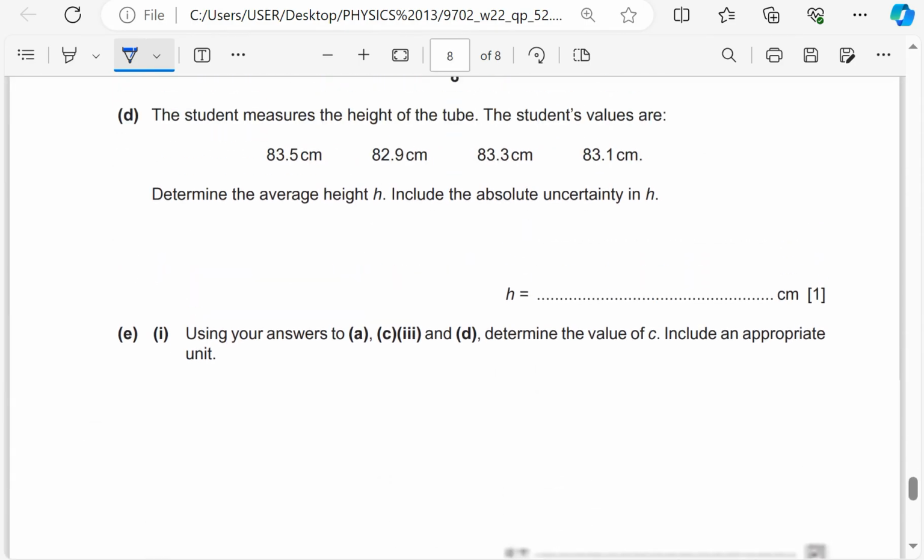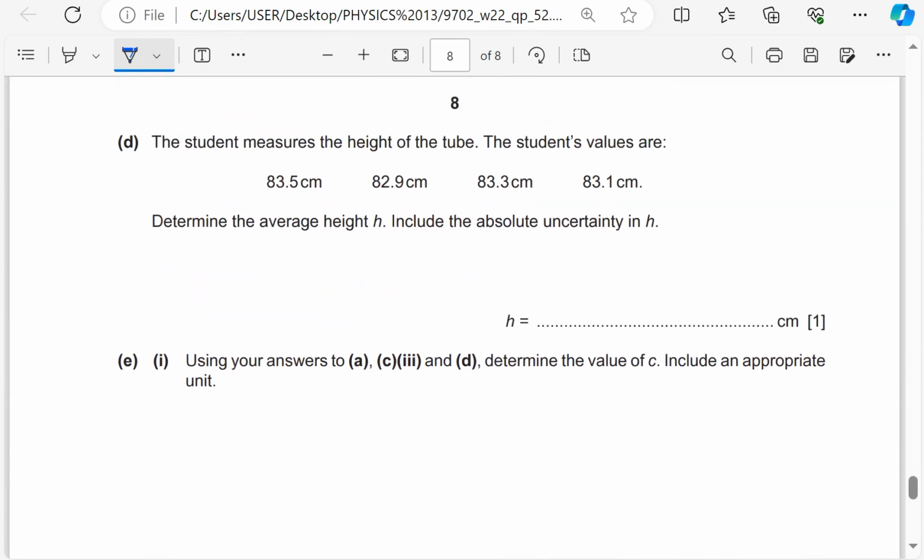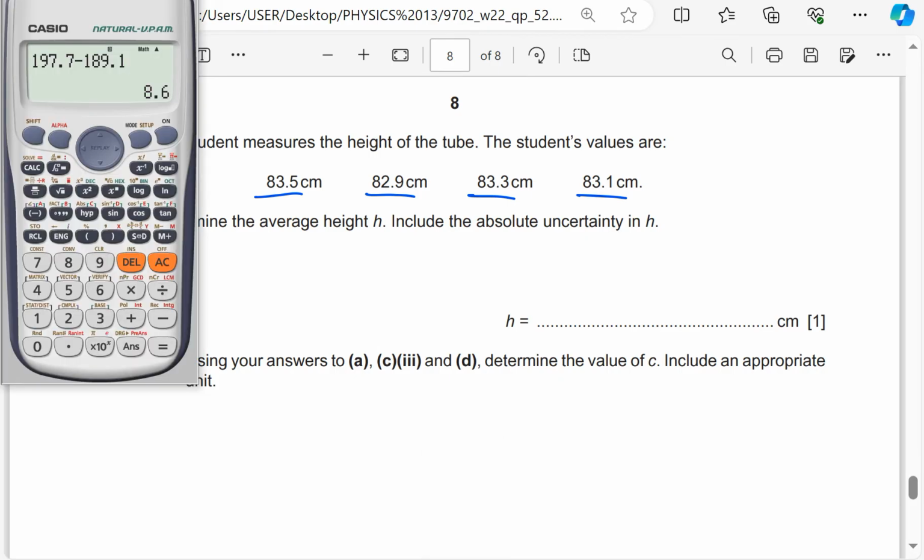Okay, so next is the measurement. The student measures the height of the tube. The student's values are 83.5, 82.9, 83.3, 83.1. Determine the average height. So the average, we just add and divide by 4. So it will be 83.5 plus 82.9 plus 83.3 plus 83.1, divide by 4. So that is 83.2